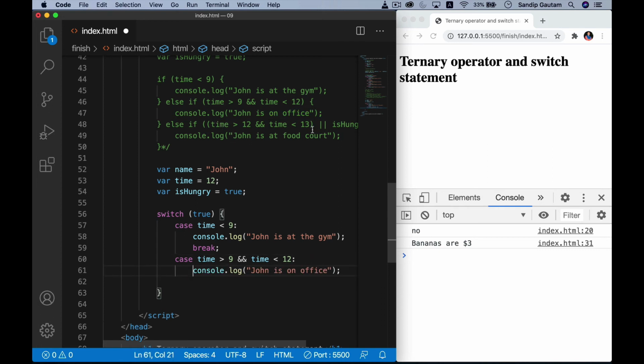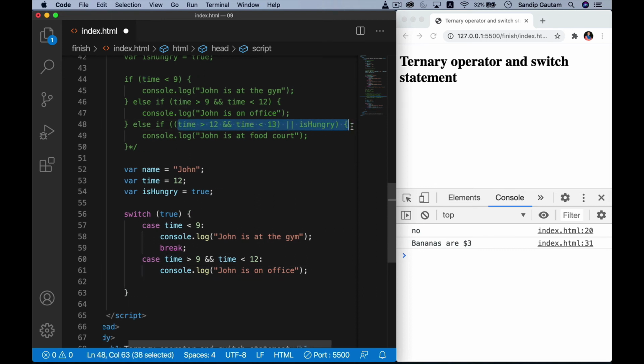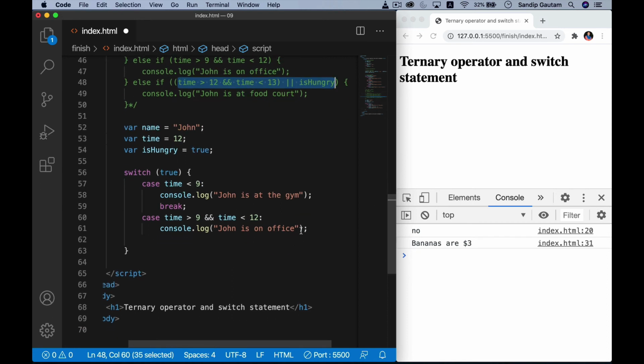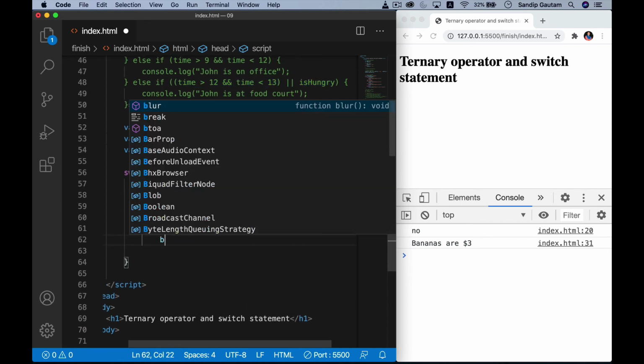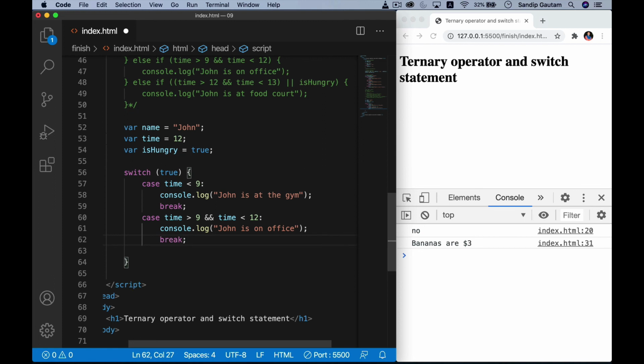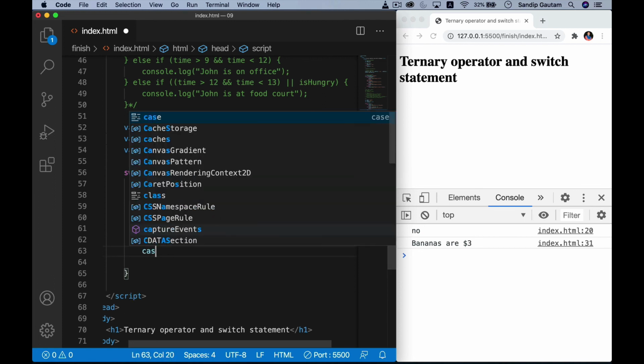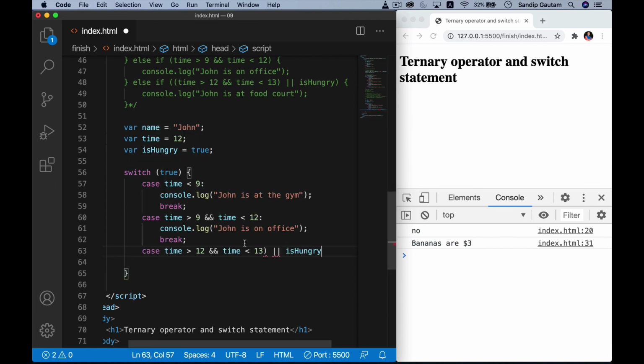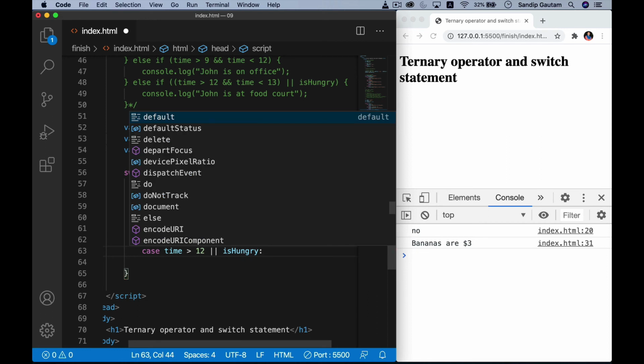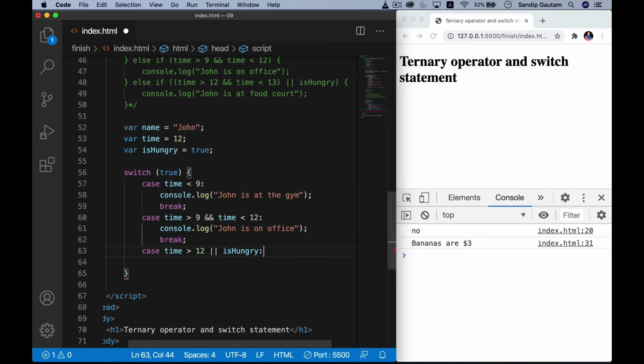And let's pick up the last one. So I'm going to make it a bit simple. Actually, I'm not going to use this long one, but I'll copy this one and I'll create the next case, and I'm going to check for just one. Time is greater than 12. This is my last case, I would say,